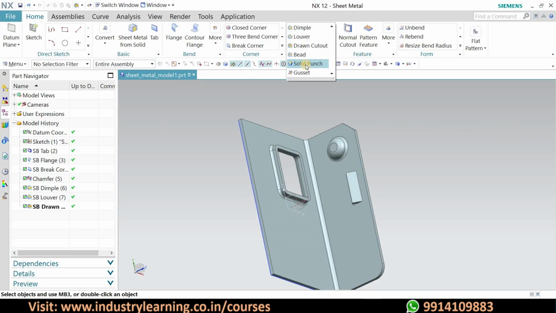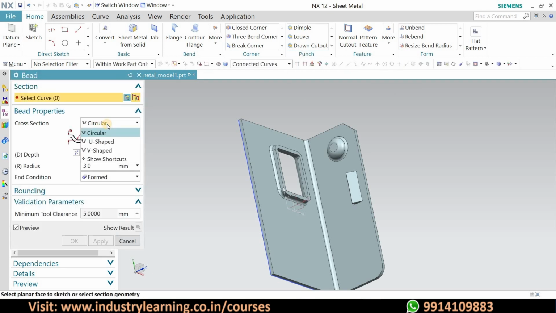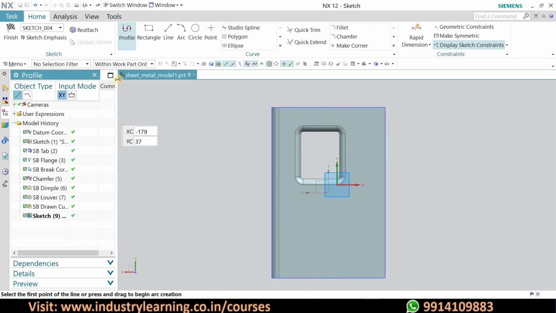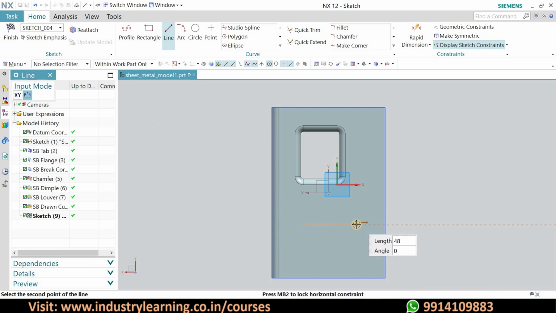So the next one we'll see, that is bead. So what is bead? Basically, in that we can again select this curve, and after then we can basically make a line like this, and after then we will do this finish.